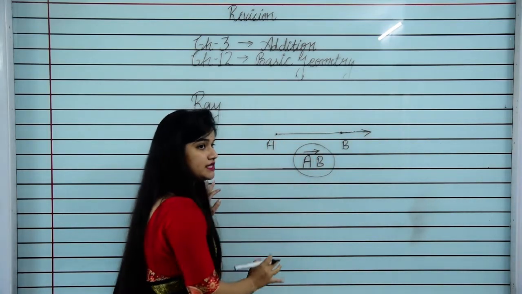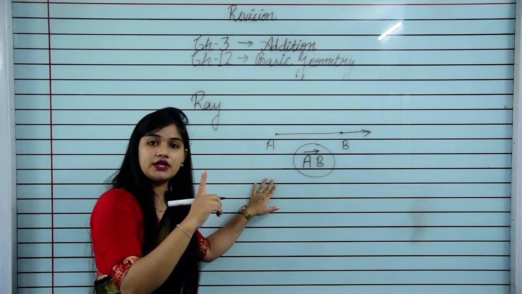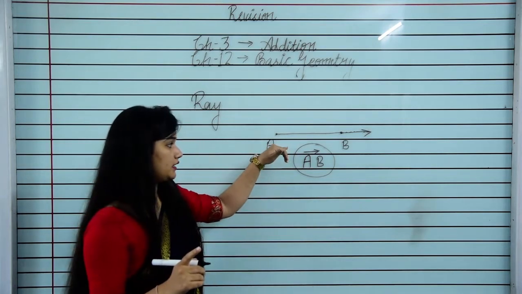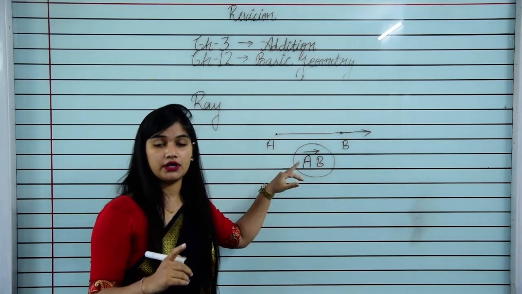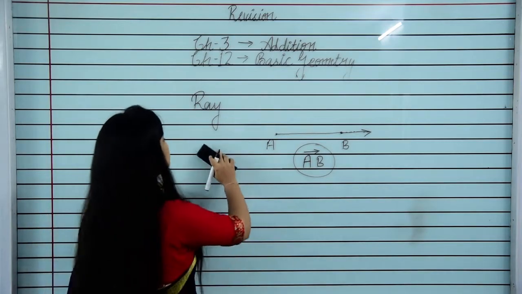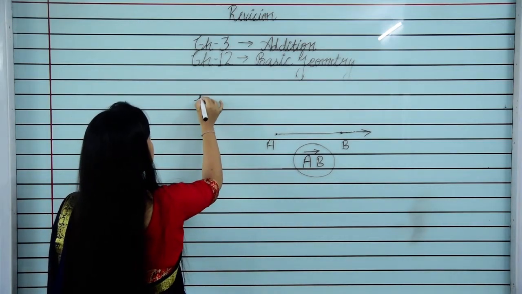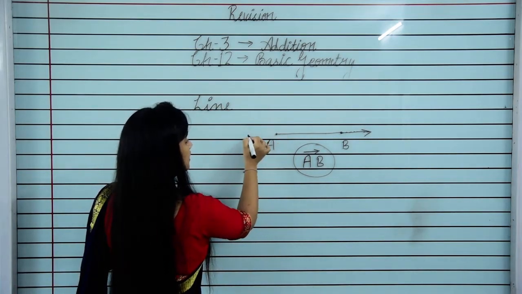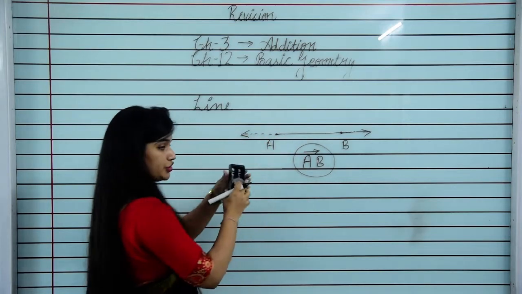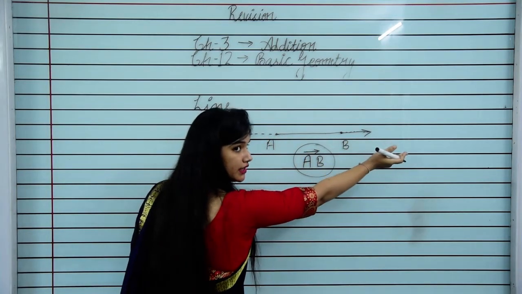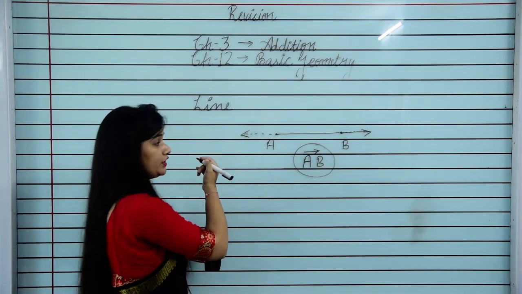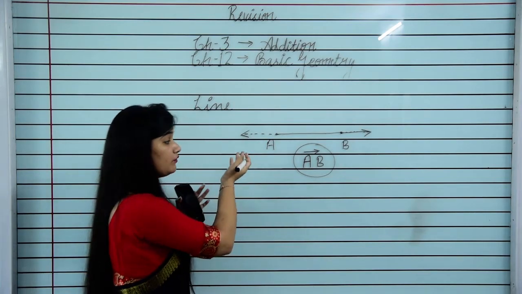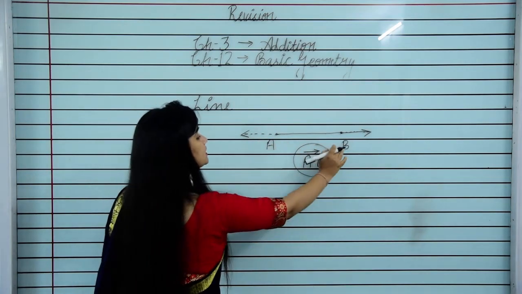It means we can say a ray has only one end point. In line segment we have two end points and in ray we have only one end point. Understood students? Now the third one is line. If I take a ray and मैं इसे इस डायरेक्शन में भी आगे बढ़ा दूँ, यहाँ तो ये आगे जा ही रही है, अब मैं इसे इस डायरेक्शन में भी आगे बढ़ा दूँ, it means we are not able to see any end point here. हमें नहीं पता what is the initial point and what is the end point of this line. So this is a line.